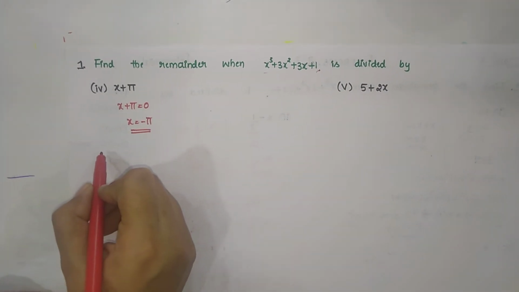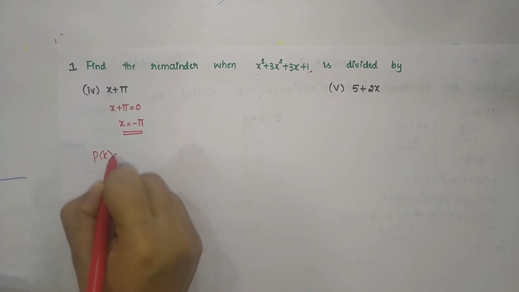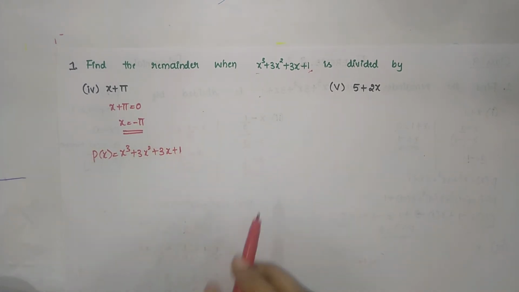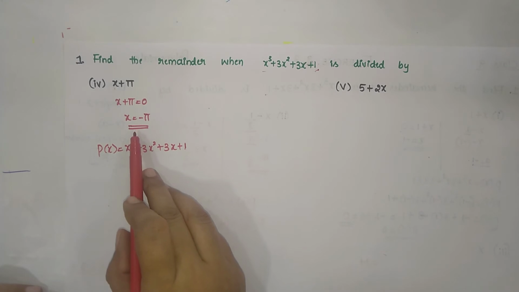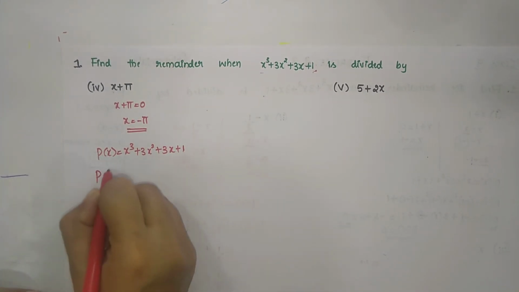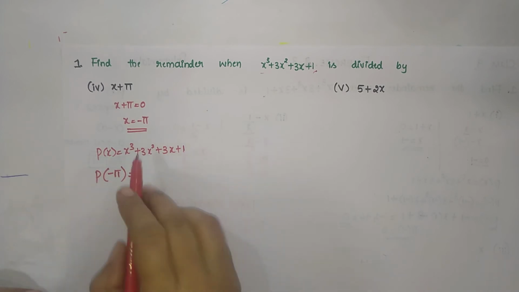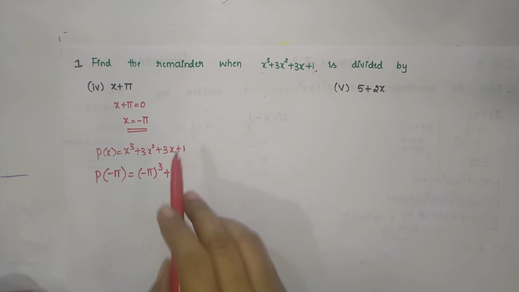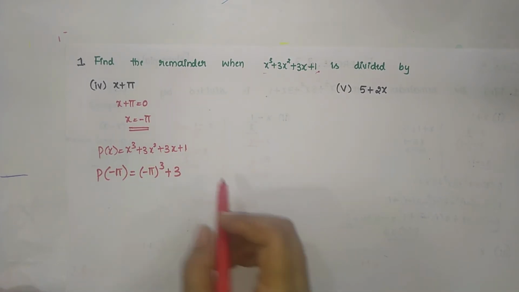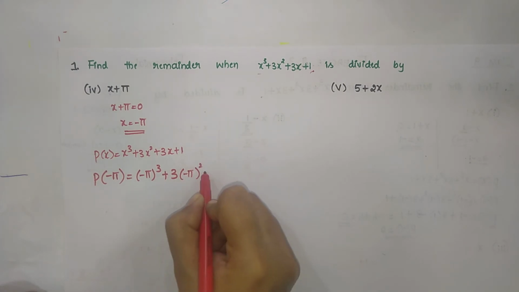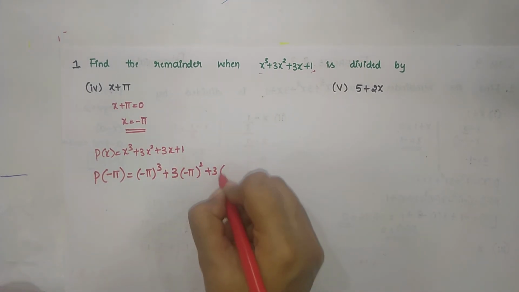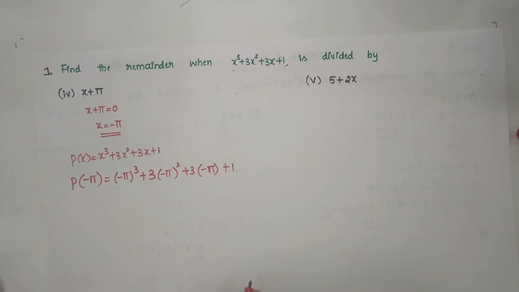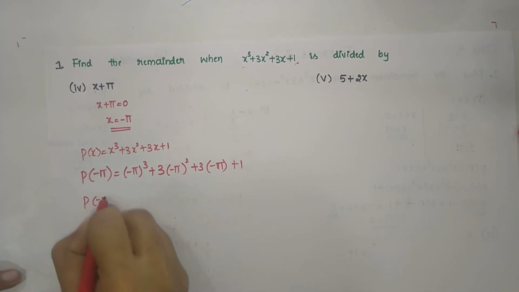So given polynomial is p of x equal to x cube plus 3x square plus 3x plus 1. So wherever x is there you have to replace that x by minus pi. So p of minus pi is equal to x cube means it is minus pi whole cube plus 3 as it is, and x square, so x square means it is minus pi whole square, plus 3 into x, so x is minus pi, plus 1. So p of minus pi is equal to